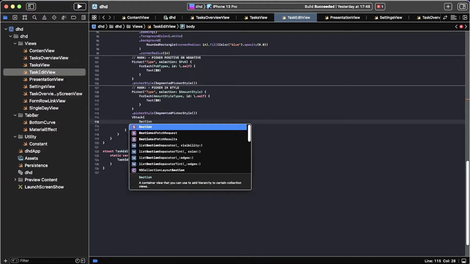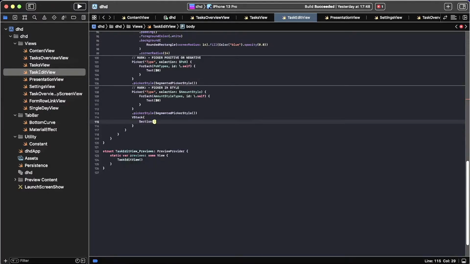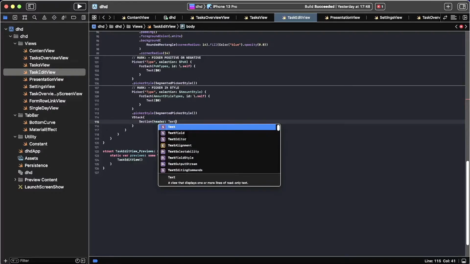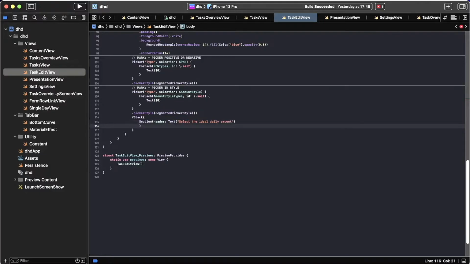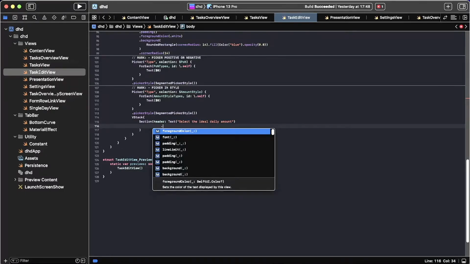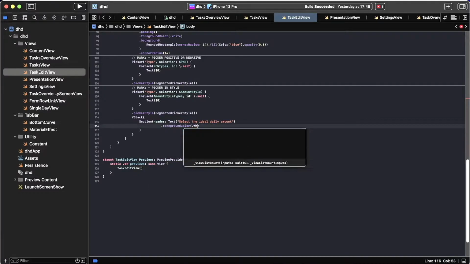Okay, then we will make a VStack beneath, and then we go for a header and a text, and there we put in select the ideal daily amount, and then we go for foreground color dot white,